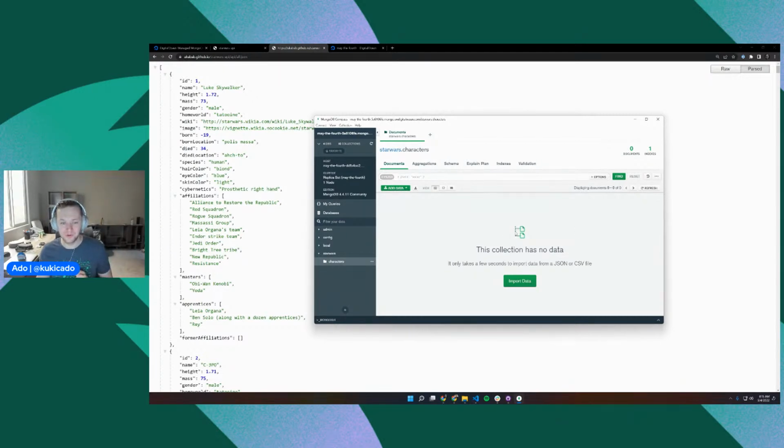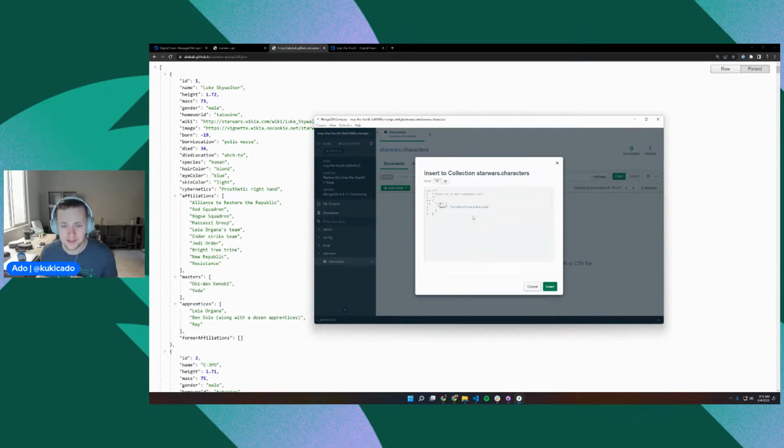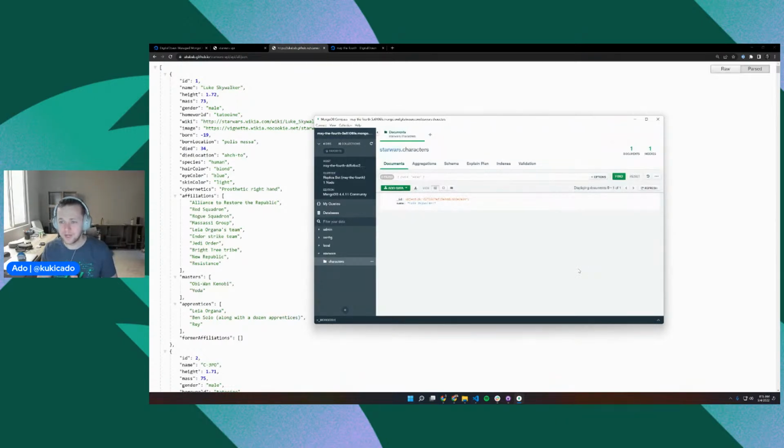To add data to our MongoDB collection, there are a couple of different ways we can do it. We can hit the Add Data button and insert a document, which gives us an interface to add our data. I could start by looking over at my browser window and adding data like this. Luke Skywalker, and inserting it. But this would take a really, really long time, right? I'm sure you didn't join this tech talk to see me type for 3 hours to get 20 characters in. So while we can do it this way,